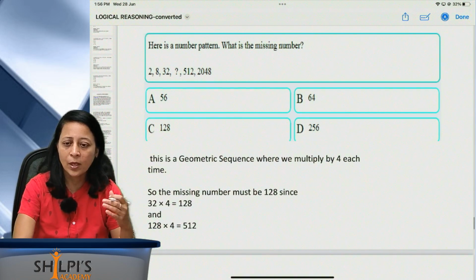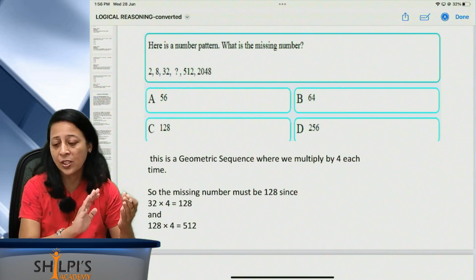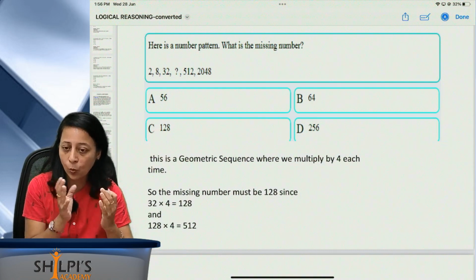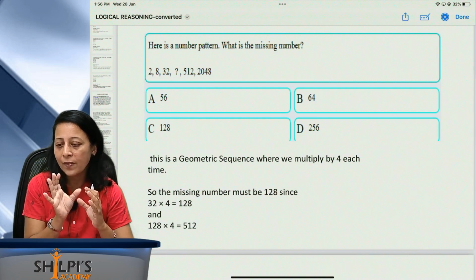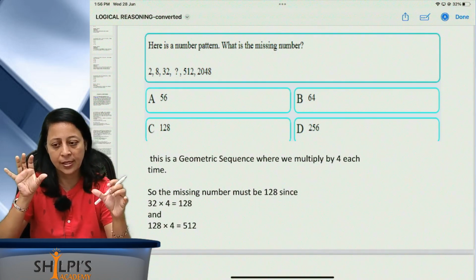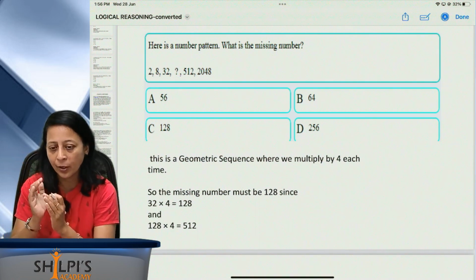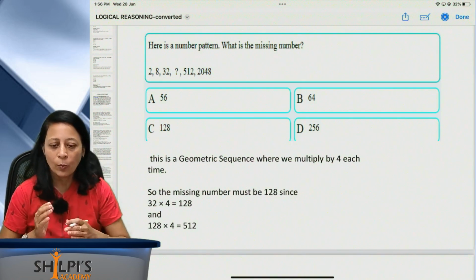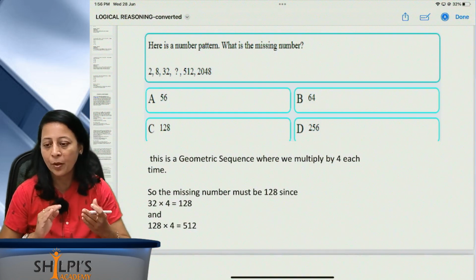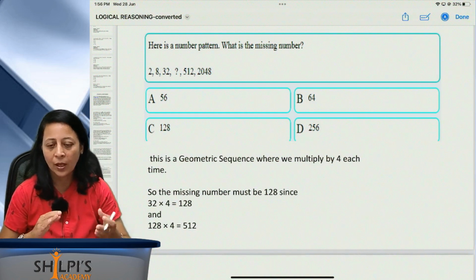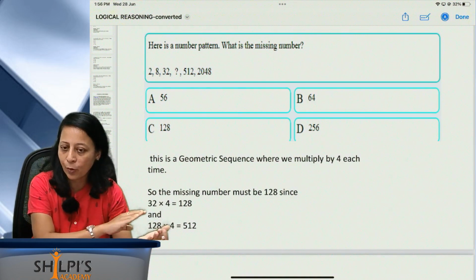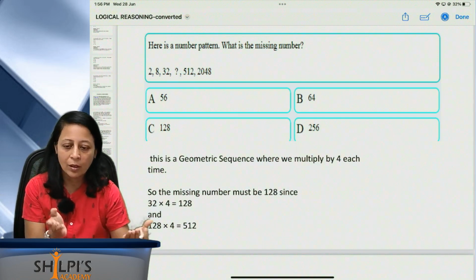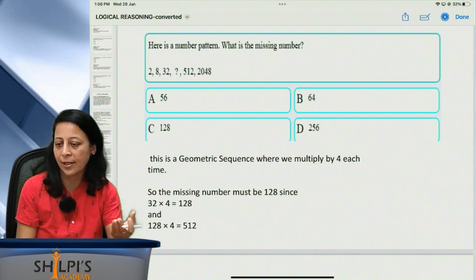Here's the next pattern. What is the missing number? 2, 8, 32. There we saw that it was not in the middle. Here we can see it is in the middle. While you are choosing the middle numbers, you have to always check predecessor as well as successor. Means you have to see the relationship between 2, 8, 32 and 512 and 2048, and find out the relationship. What is the relationship between 2 and 8? 2 multiplied by 4 gives 8, 8 multiplied by 4 gives 32. Just see whether 512 multiplied by 4 gives 2048. If it is the same, then go with the answer like 32 into 4. What you get will be the answer, which is 128. That is the option. Okay.